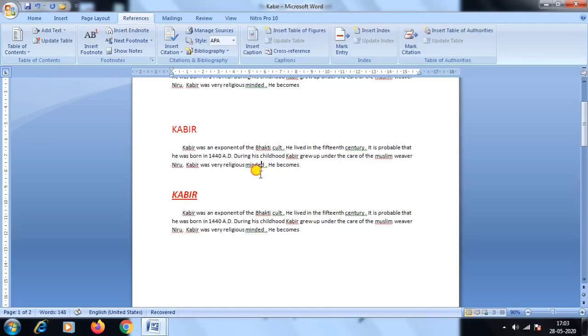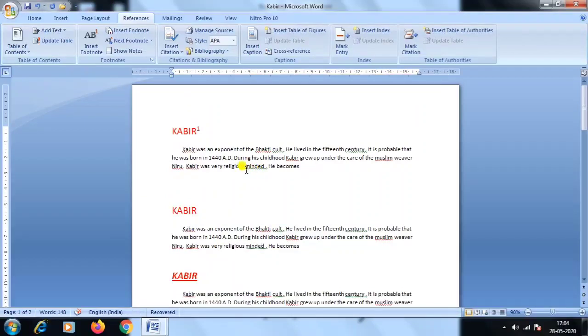And see, on the word we have selected to apply the footnote, there another number, 1, will be present. Okay, that means here we have applied a footnote.